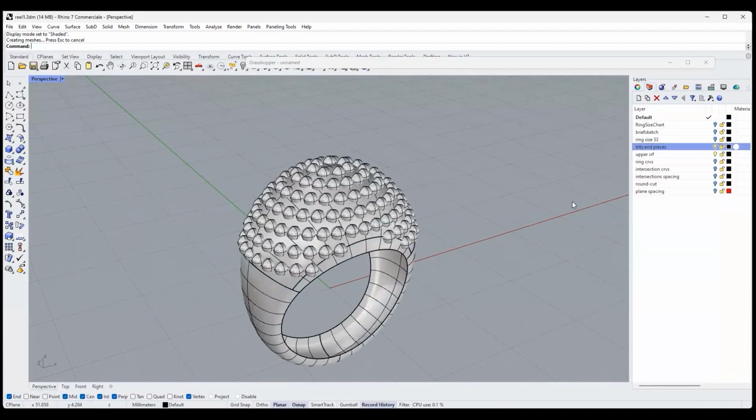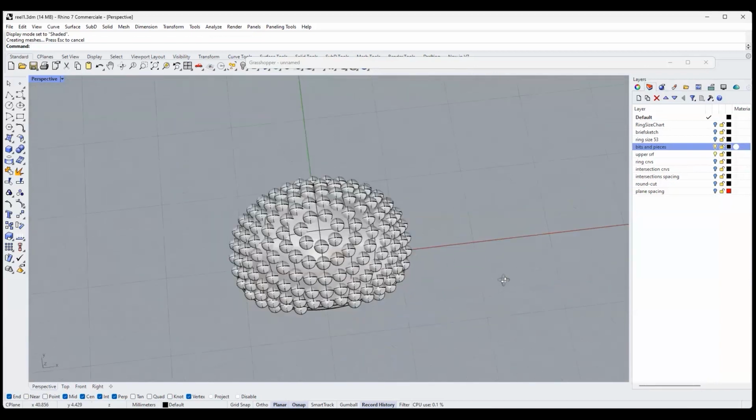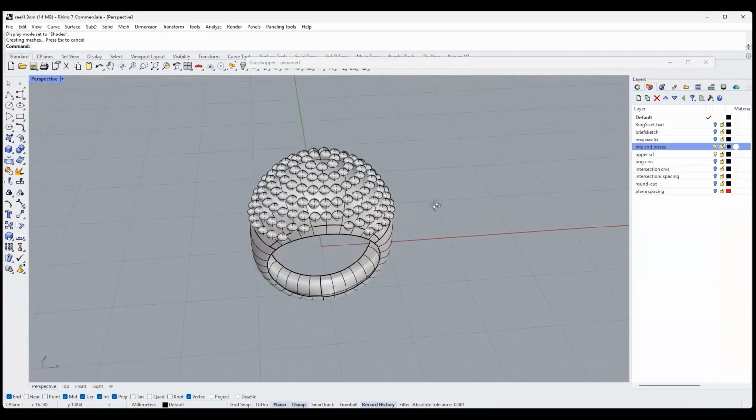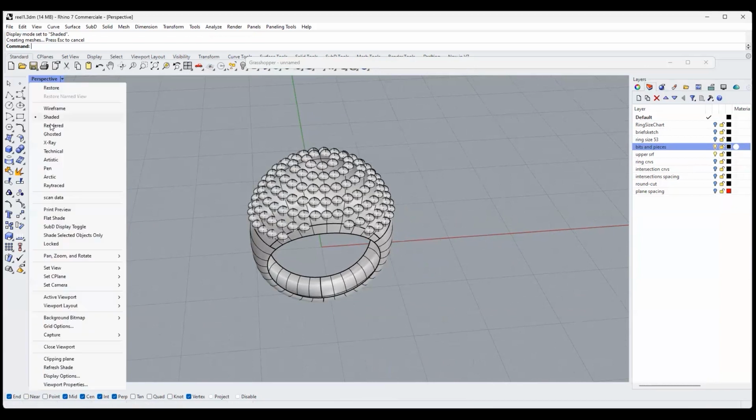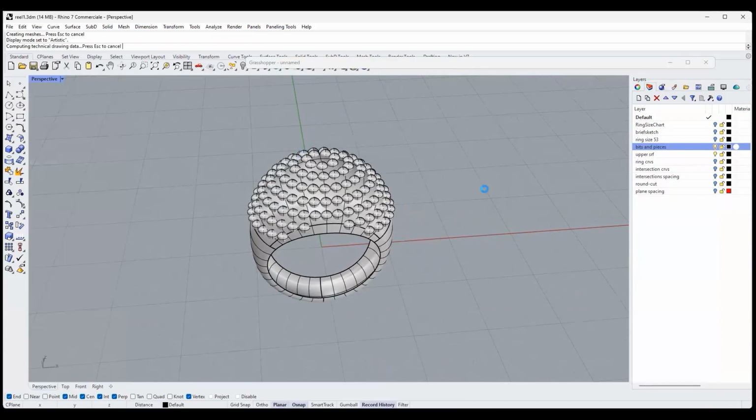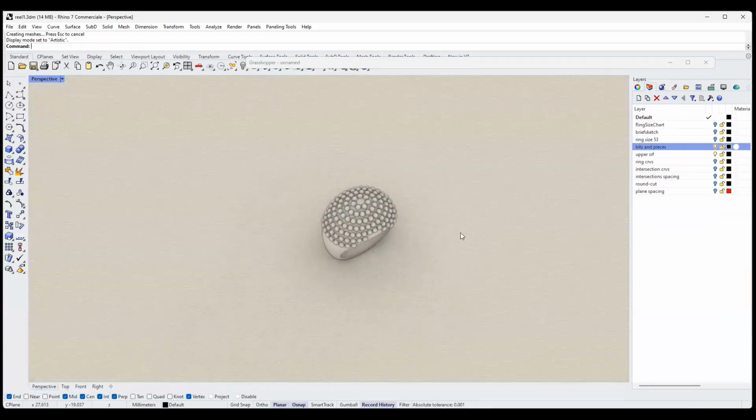Let's add the bits and pieces. Well, now the ring is starting to look like something. Yes, exactly. So you know what, let's look at artistic view. Now